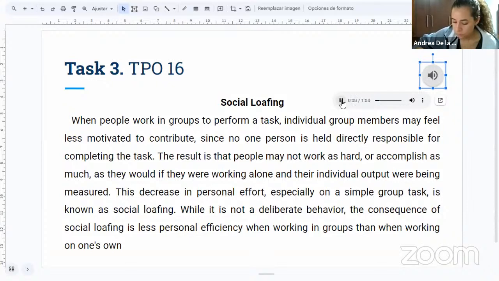Now, a study was done that illustrated this phenomenon. In the study, people were given an ordinary task that everyone has probably done before. They were simply asked to peel potatoes, and to peel as many potatoes as possible in a given amount of time. Okay, so some people worked alone, and they were told that the number of potatoes they each peeled would be recorded. Others peeled potatoes together as part of a group, and they were told that only the total number of potatoes peeled would be recorded. So it would be impossible to tell how many any one person had done.